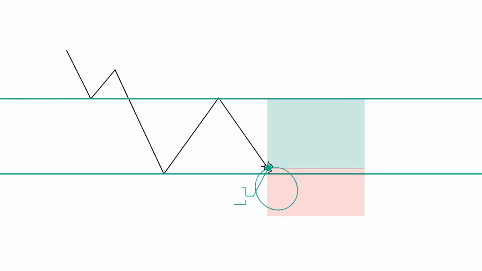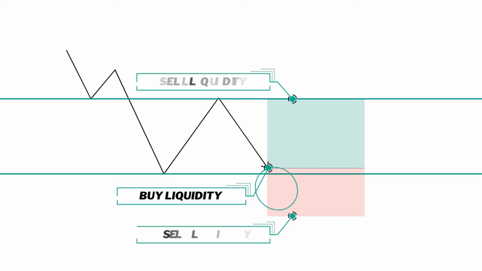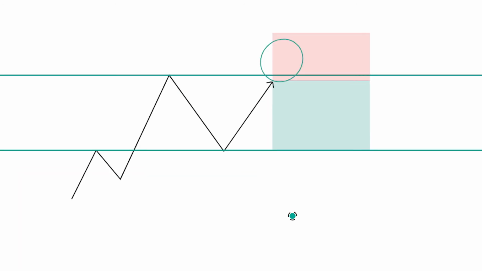If you enter a buyer position in the market, you will have been matched with someone who decided to sell their position at the same or similar price. And when you want to exit this position, you'll also be required to sell your position back to the market, meaning you'll be matched with someone who is buying the asset. In liquidity terms, this means that you've essentially created liquidity for sellers when you open your position, and when you want to close out your position, or it's stopped out, you'll be creating liquidity for buyers who want to also then enter the market.